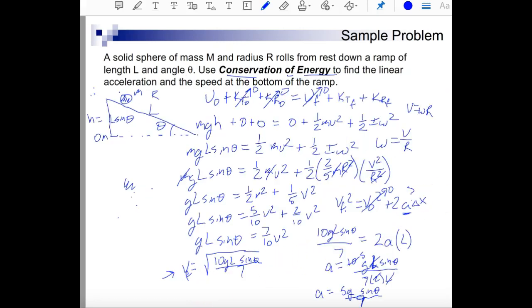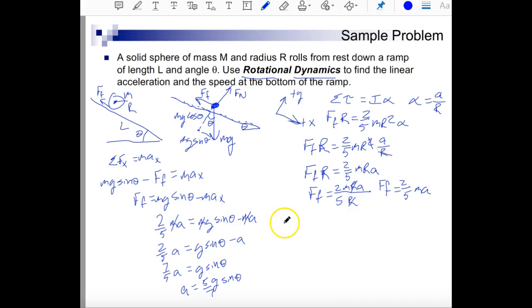If we go back to the previous problem, you see that we get the same thing. A is equal to 5g sine of the angle all over 7. Since that holds true, let's solve for the final velocity of the ball at the bottom. And so this is equal to v0 squared plus 2 times acceleration times the change in position, which we know is L times the sine of the angle. So here we go. We're going to do vf is equal to, v0 is 0, so we're going to do the square root of, because we have to take the square root of both sides, this will be 2 times,